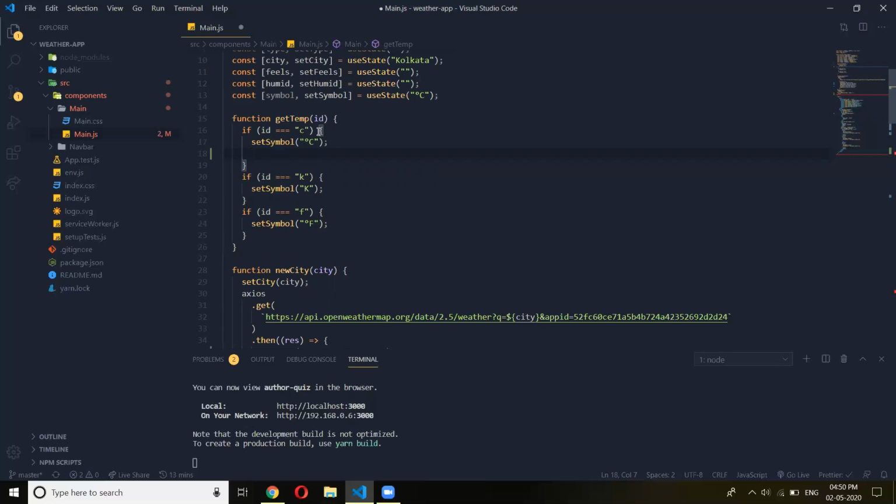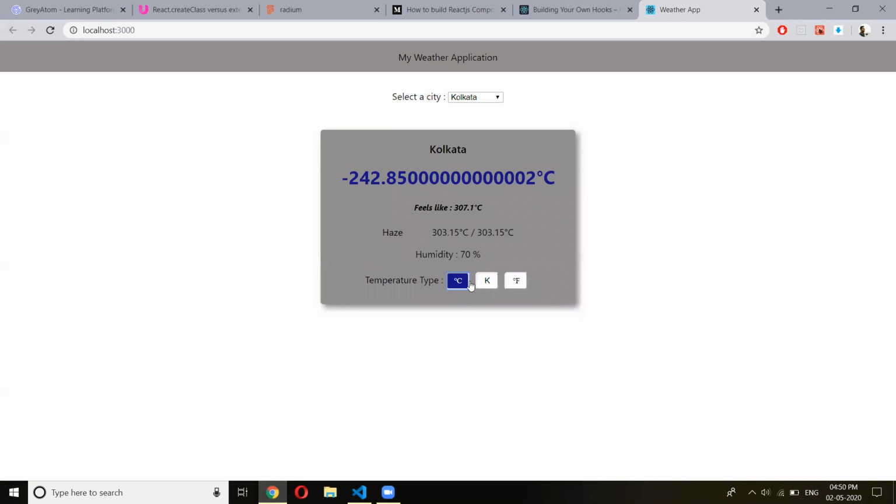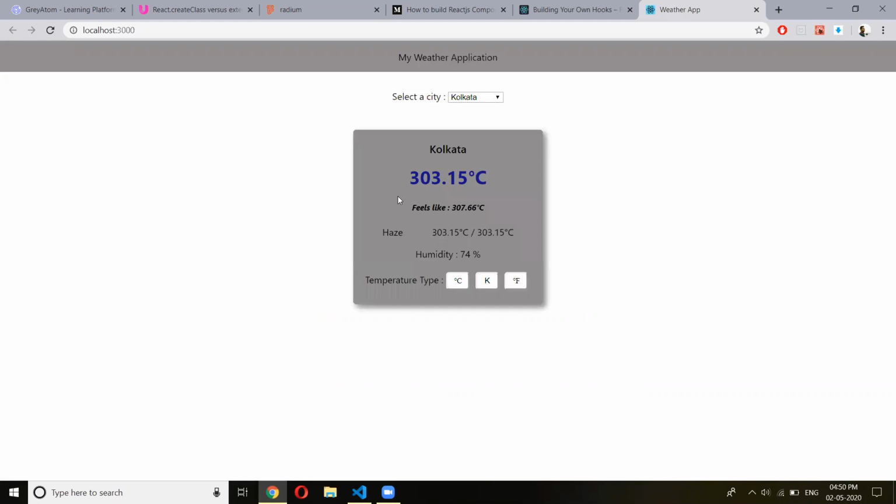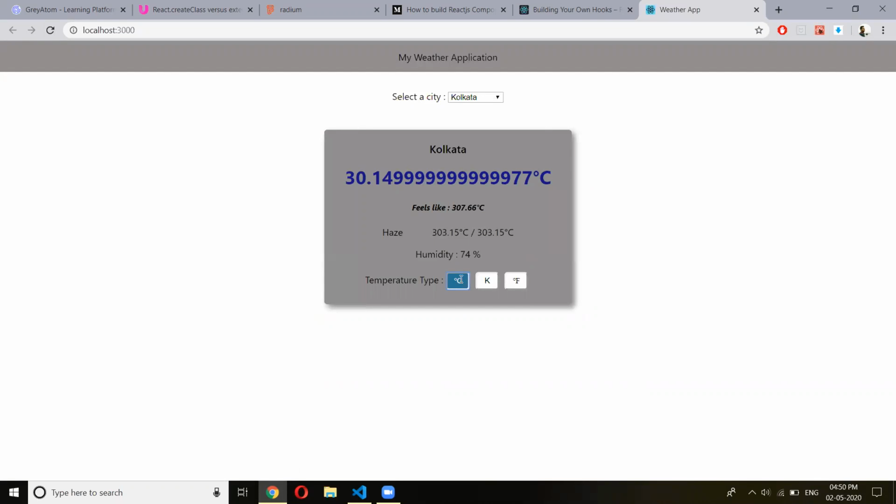Yes. So if you want to go that way, then you have to keep track of the existing temperature, and based on that logic, convert from Celsius to Fahrenheit if the next click is Fahrenheit. That's not the thing. Actually, suppose, one second. I got this as the initial value. Okay. So when I press Celsius, it will show me Celsius, and when I press Fahrenheit, it will show me the calculation over the Kelvin. I mean the value which I'm getting from the API should be taken to calculate Fahrenheit.